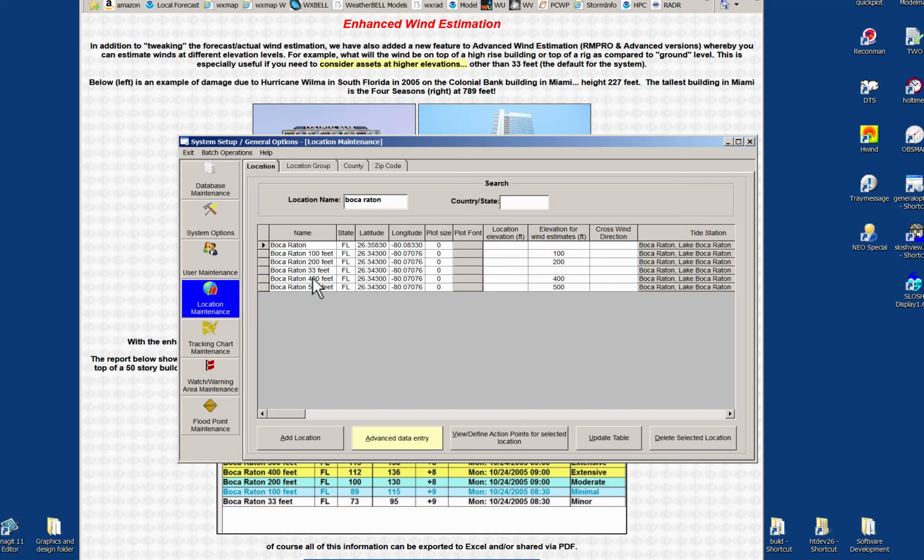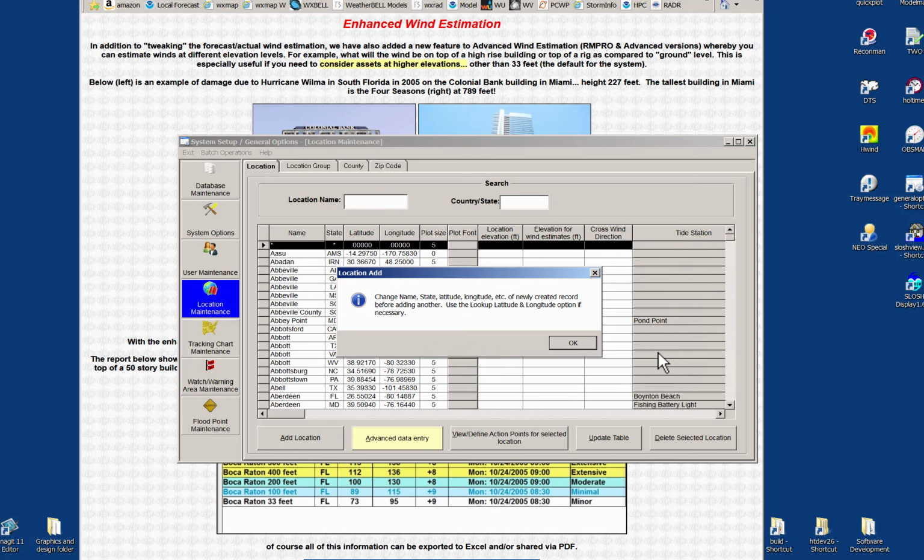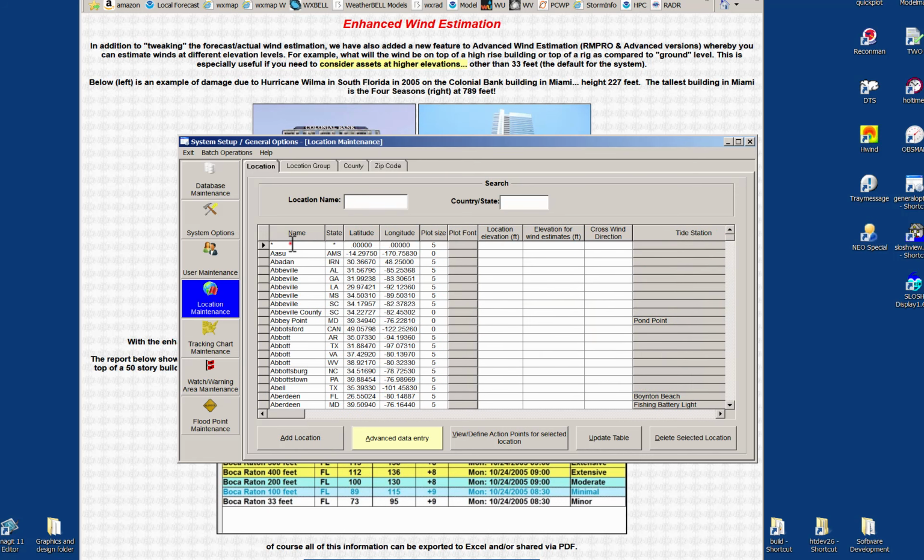So for example, if I wanted to add another one, let's say at 300 feet, just to complete 100 through 500, I could hit add location, and I should be able to do a copy, but unfortunately not. I'm going to add Boca Raton, 300 feet, Florida, and I had written this down. The lat was 26.343, longitude minus